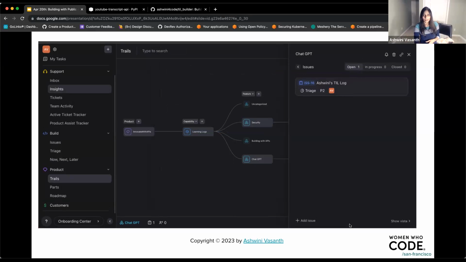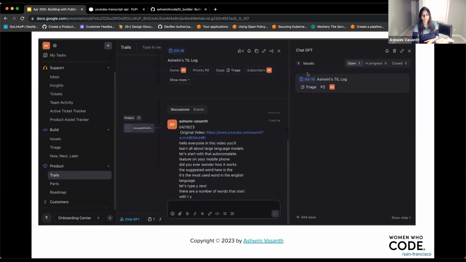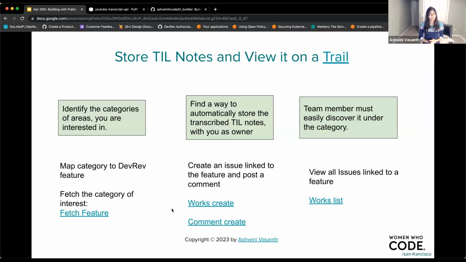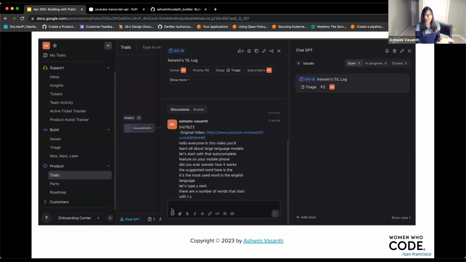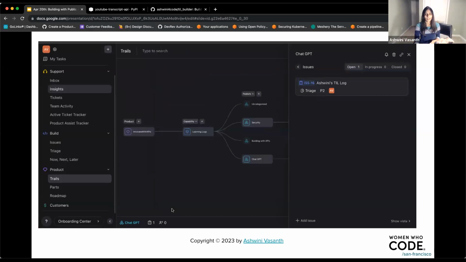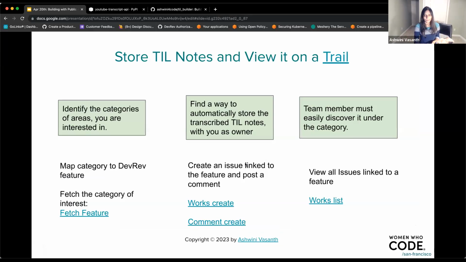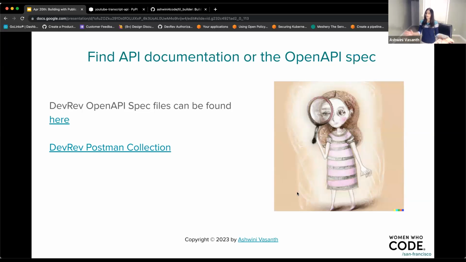And going back to our example, we have something called a work item or an issue. And then we have a comment or a post on that work item. So you have two APIs to do that. That sounds good. Now, I also want a team member to be able to easily discover what I'm doing. And like I said, once you get access to the platform, every one of you would be able to go into these categories and check all the logs that are posted on it. So you'll be able to easily identify. And there is an API for that. Okay. So we have found a bunch of APIs.